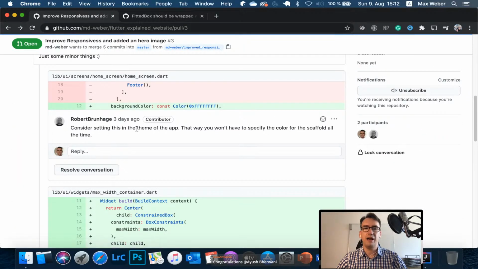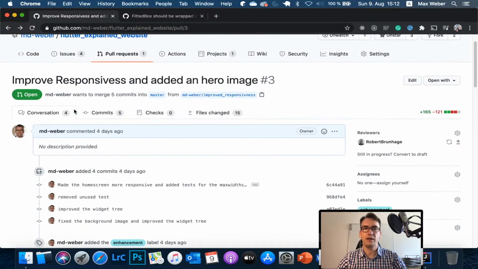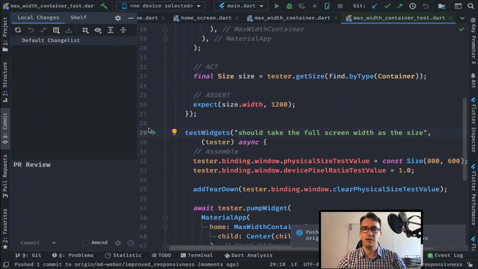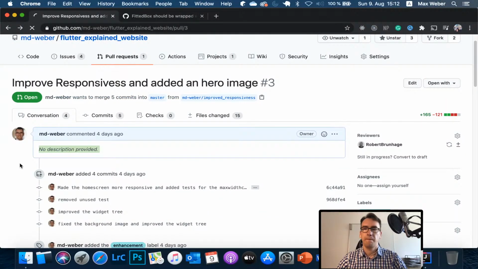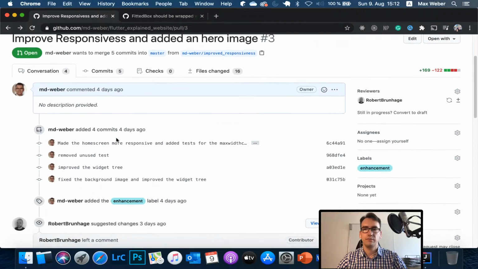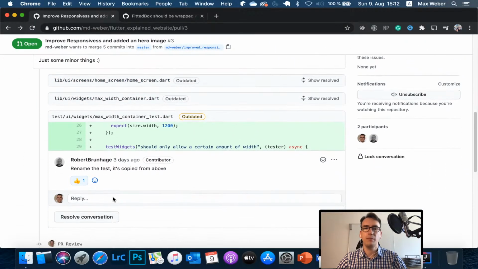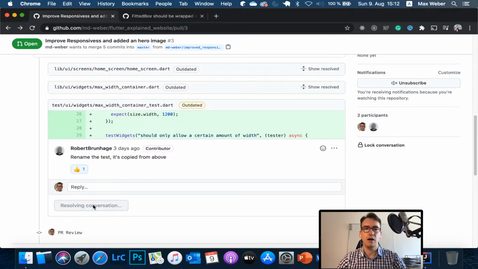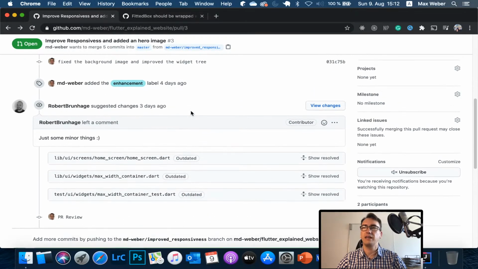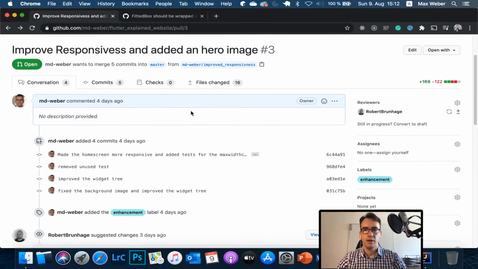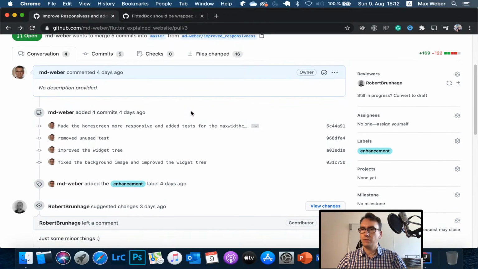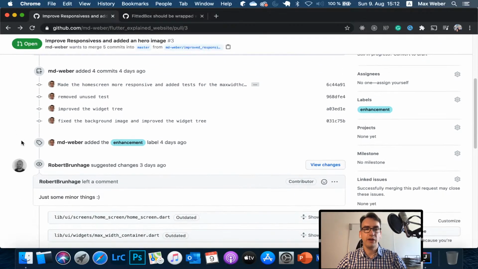And what will happen now, thanks to the magic of GitHub, usually we should see right away the updated files. Yep, and now you see all the comments that Robert gave us are outdated. That means something has changed in the meantime. All right, so I could ask Robert once more if he wants to review everything, but I think we are